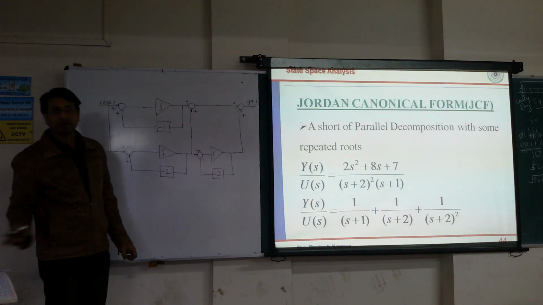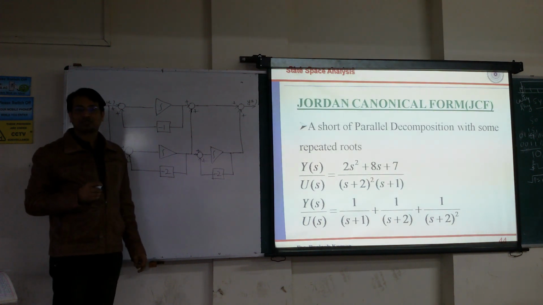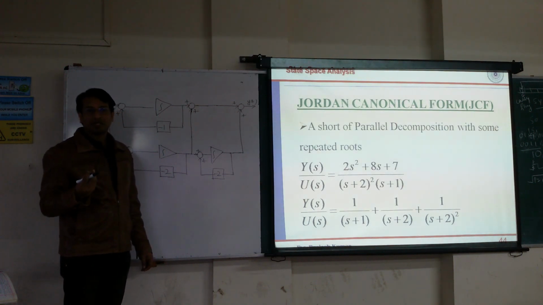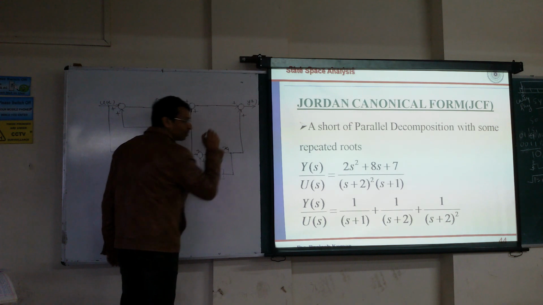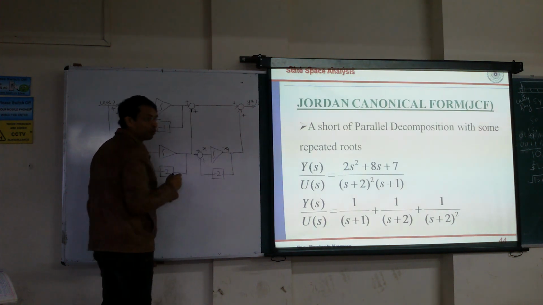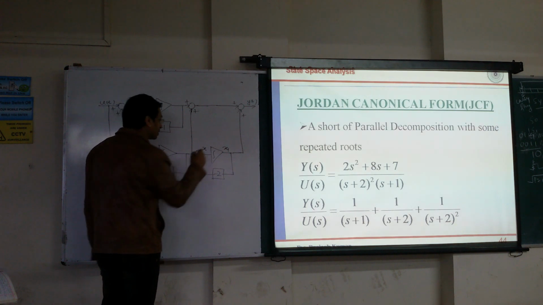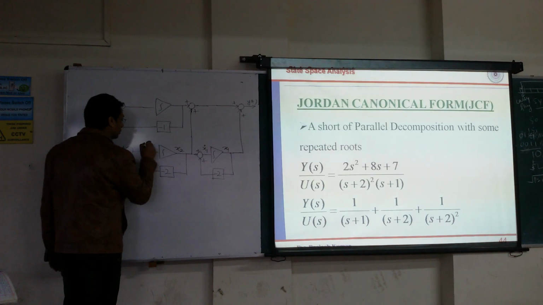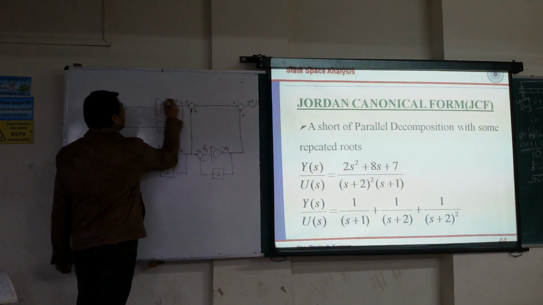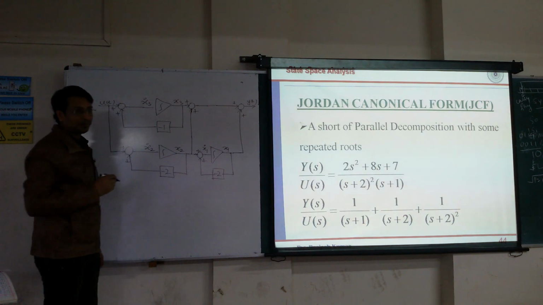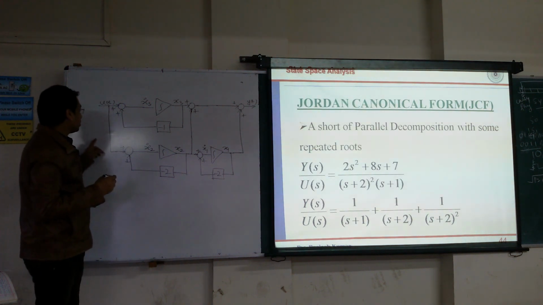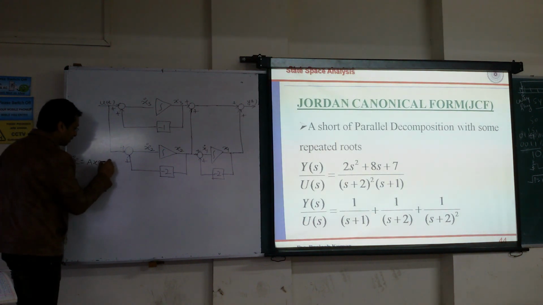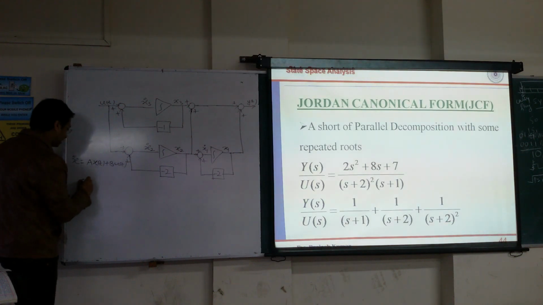And for that, what do we need? We need to assign some state variables. Okay, let us start. Output of an integrator is a state variable. Very good. X1. So the input of that integrator will be the differentiation of state variable, x1 dot. Here I am going to say x2 and x2 dot. Here x3 and x3 dot. Correct? Please try to write your equation. Means I want x dot equal to Ax plus Bu. So please write the differential equation.